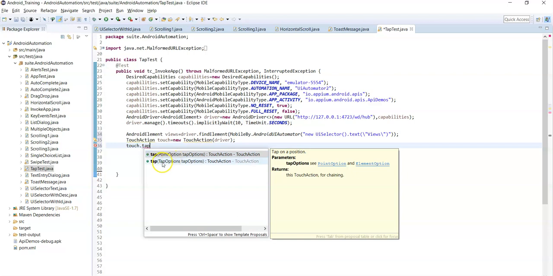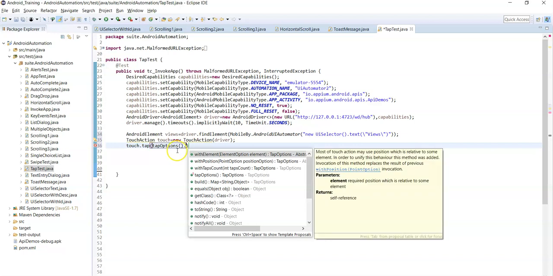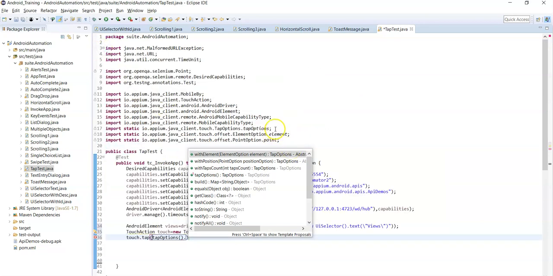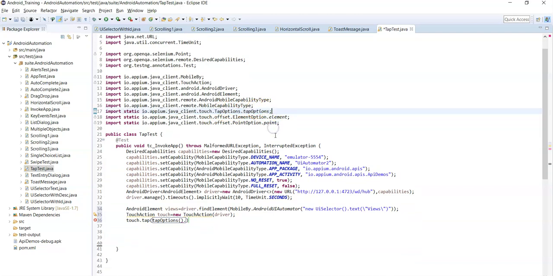Let's first see an example with the tap options. It is expecting a tap options object. Now tapOptions dot tapOptions. Here you need to import tap options; this is the class package you need to import static.